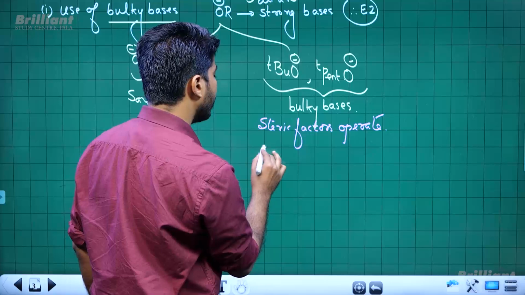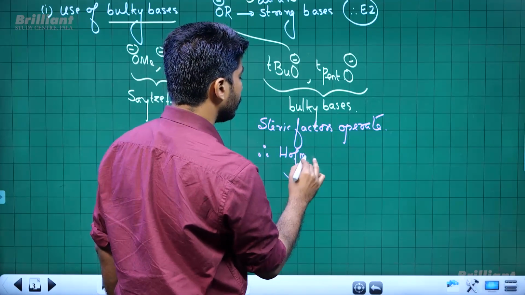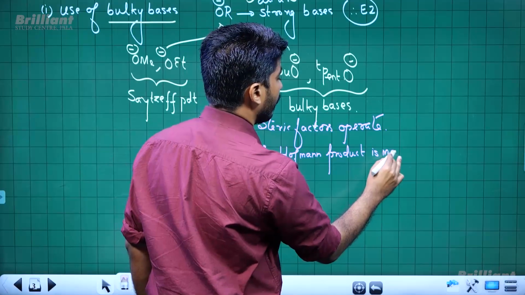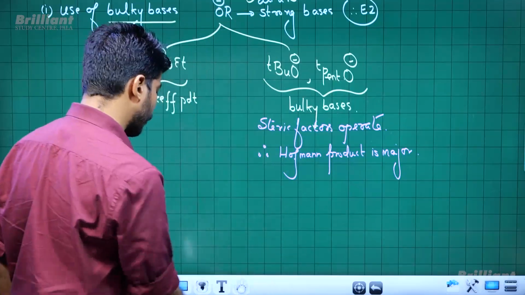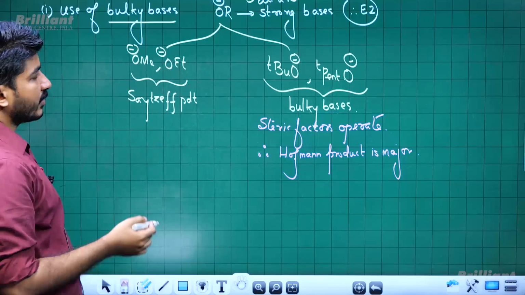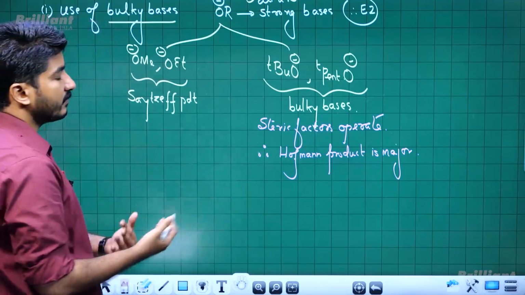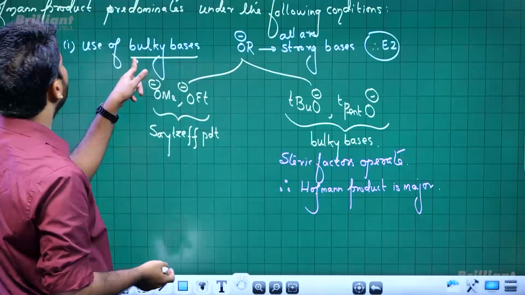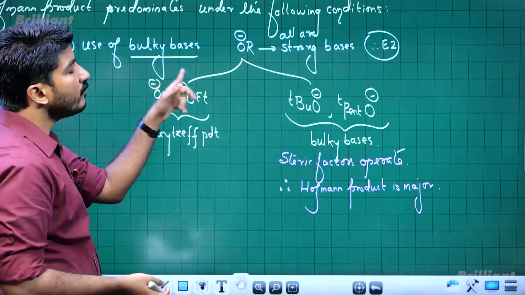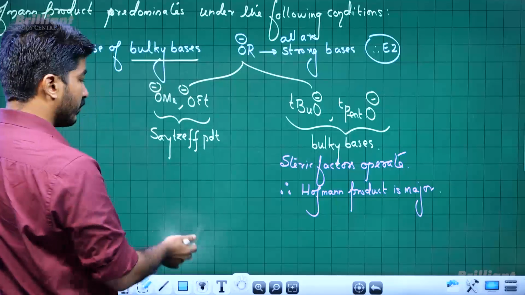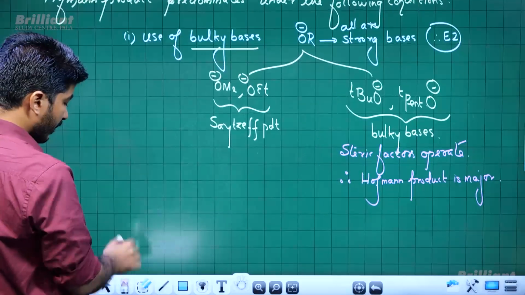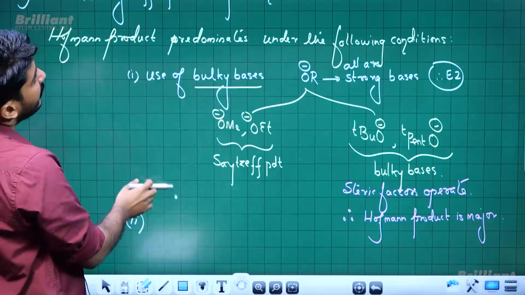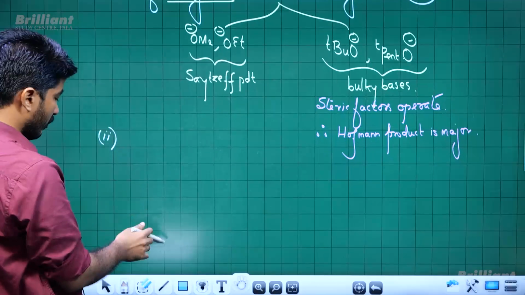Steric factors operate, therefore the Hofmann product is major in such cases. With small alkoxides, we get Zaitsev product, the normal product, like in every case. And with bulky bases, that is the first case where we get a Hofmann elimination. With bulky bases, we get the Hofmann product as the major one. That is one case. And secondly, we are talking about Hofmann predominance. Hofmann product predominates under the following conditions. One is this, or second is